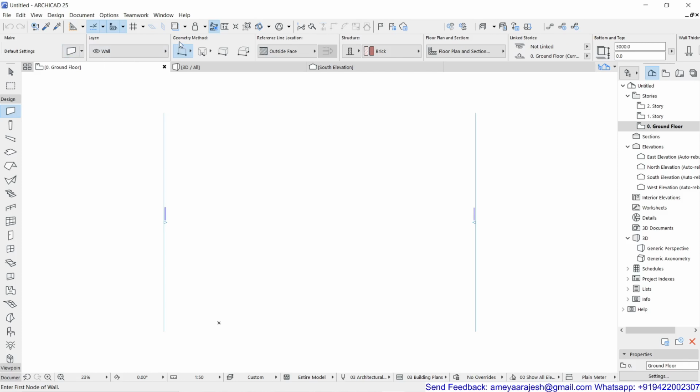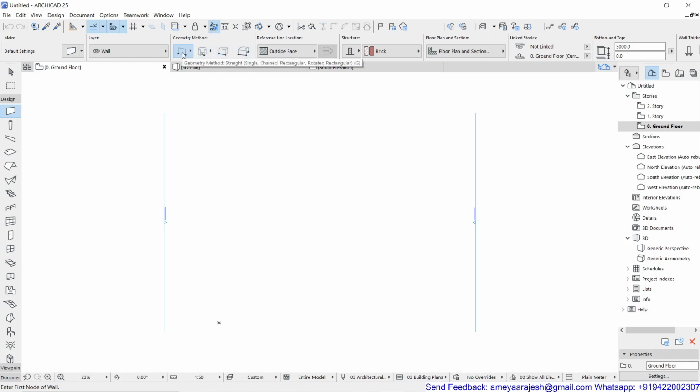And then there is a geometry method, and if you check out the small arrow which you know very well, it's a flyout. So if you pick and hold, you will see the flyout with single segment, multiple segment, rectangle, rotated rectangle. Quite as you are already familiar with this due to the line tool. Because of the line tool, you already know how to work with these basic data entry or geometry methods. Same way, if you have a curved wall, then these are the three options, and then you have a trapezoid option, and then polygon also.